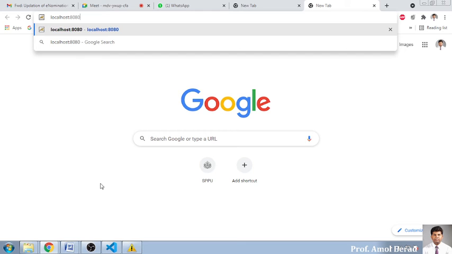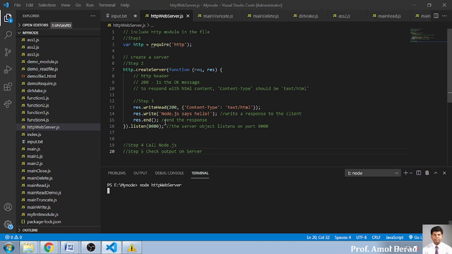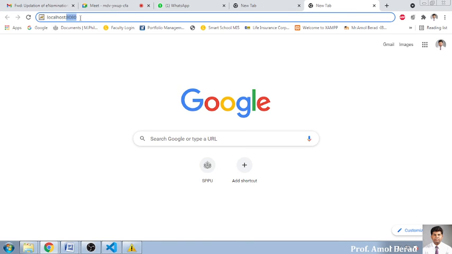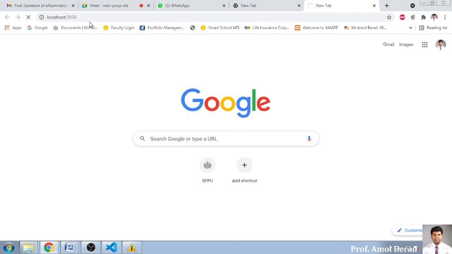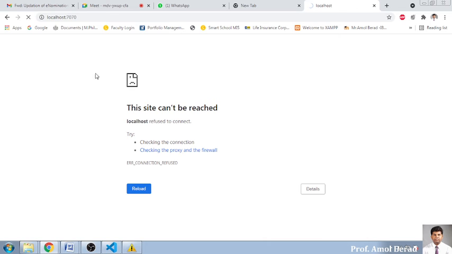I am showing this, actually I will change my code a little. Here I will say it is 7070, so no problem. This means I will open this browser, and here I will enter the port number as 7070. And now see, there is no server like Apache, nothing has been installed on my system on port number 7070, and I am just running this. The content which I have written into this http.response will be displayed on the screen directly. Okay.